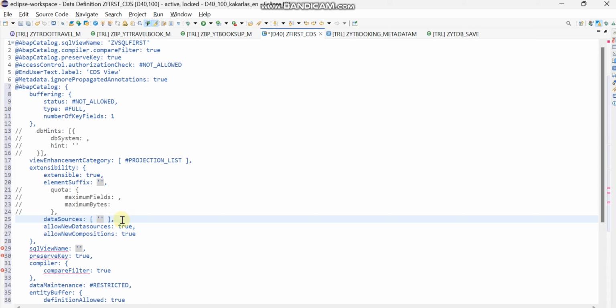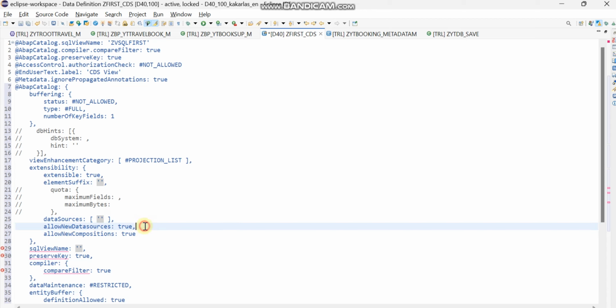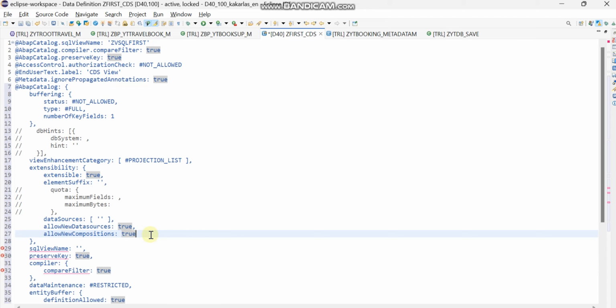This annotation will help you to give all the data sources which are required, and if you make this annotation allow new data sources true, it will allow you to fetch the data from multiple data sources, which means from other tables like line item VBAP, and